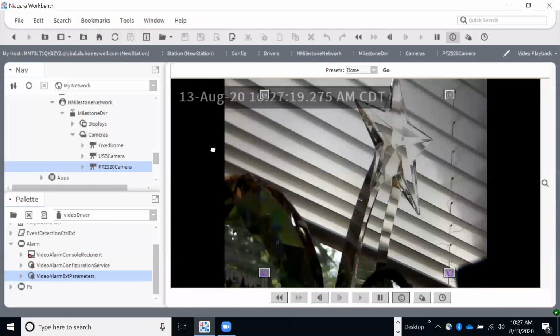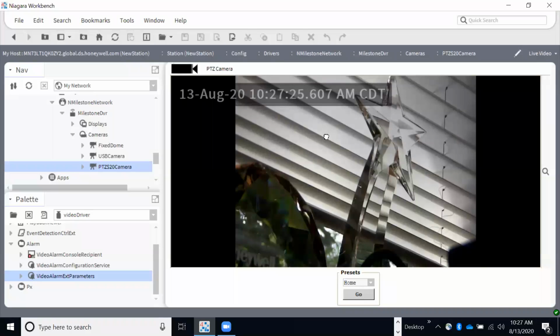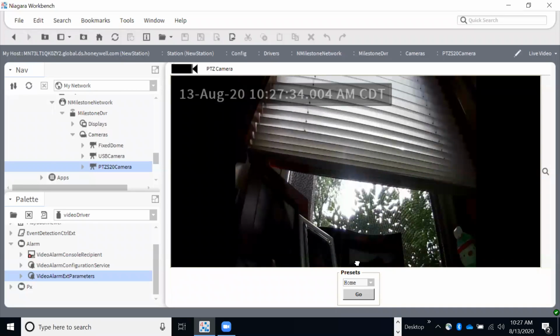All right. Right now it's in the playback. I'm going to go to the live view of this because it's a little easier to deal with. Okay, you can see I'm in my office and I can go to presets based on local commands. I will show you when we get to the next part of the demo how to set up